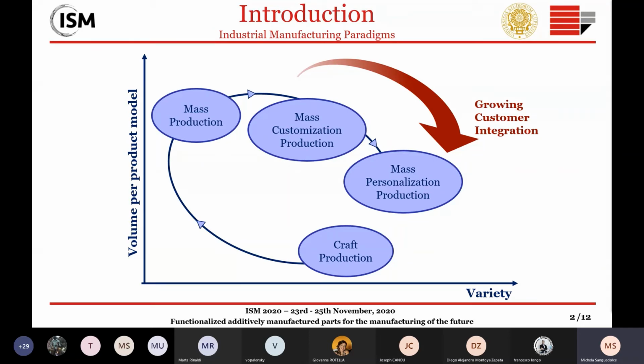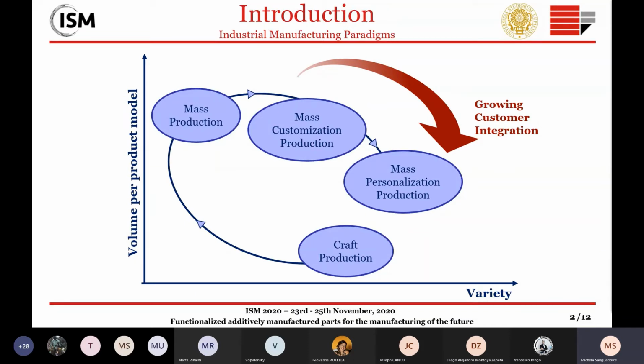That's why with the fourth industrial revolution, Industry 4.0, a new pillar is today affirming: mass personalization production. And one of the means of Industry 4.0 to boost the last one